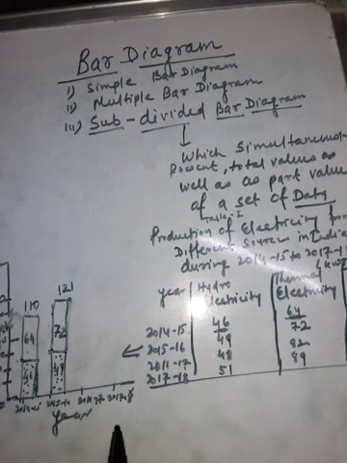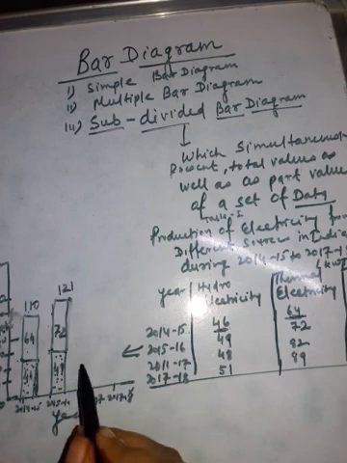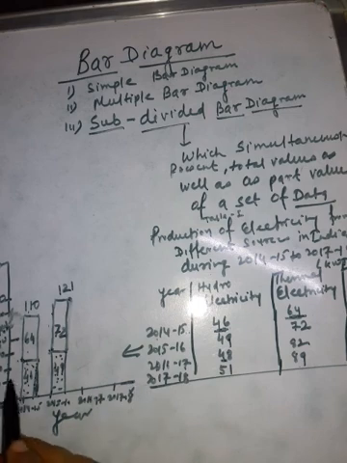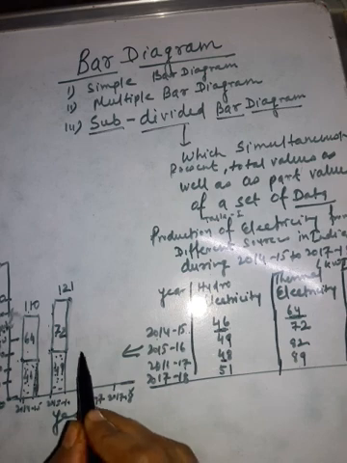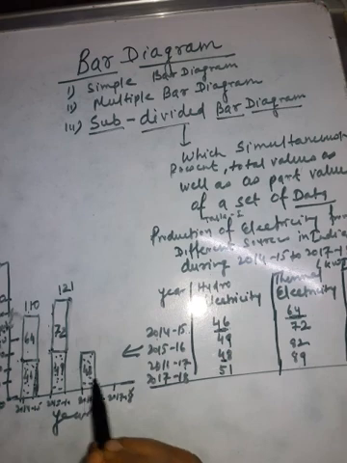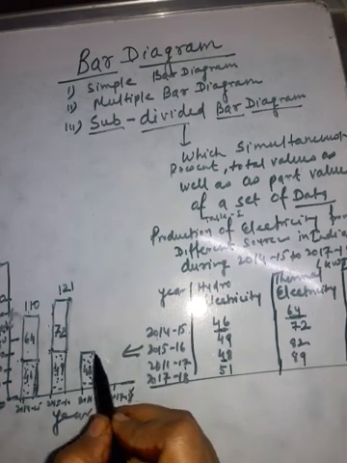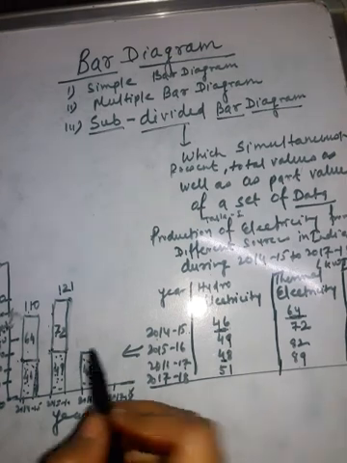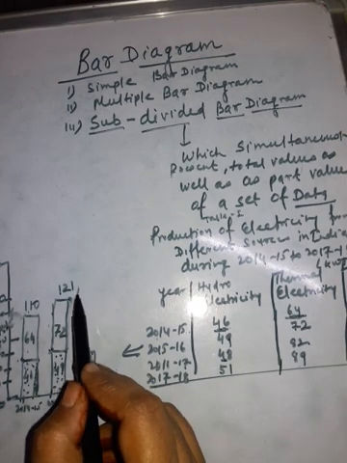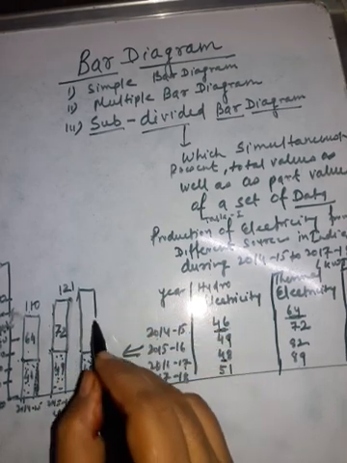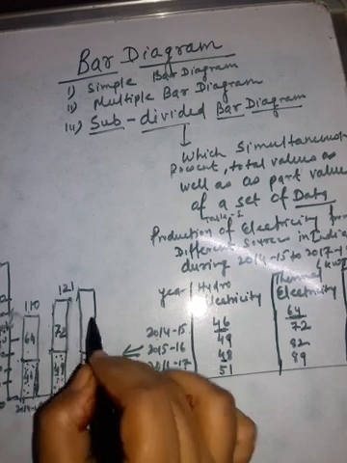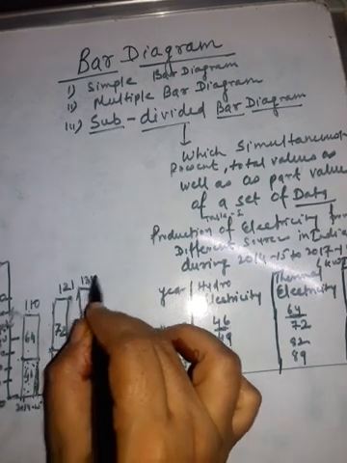Dots show hydroelectricity, and the plain side shows thermal electricity. Now next data, that is 2016-17, here 48, somewhere between here, and you must write 48 with dots, and then after that 82, which if you add, is 130. So 130 will be here, 82, and that will be 130.